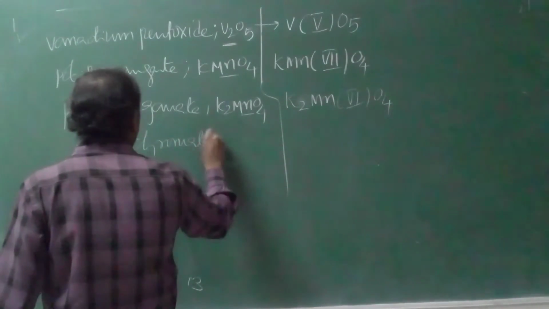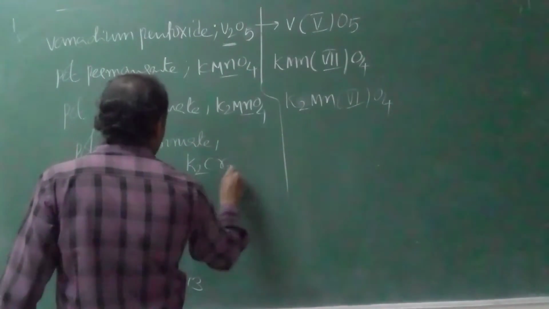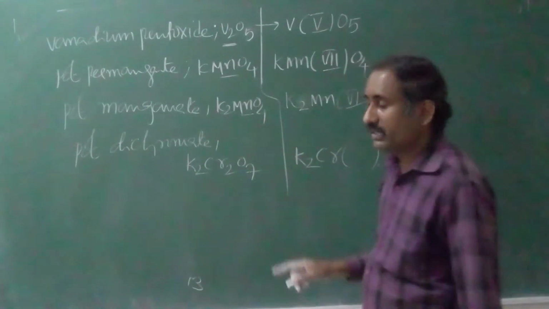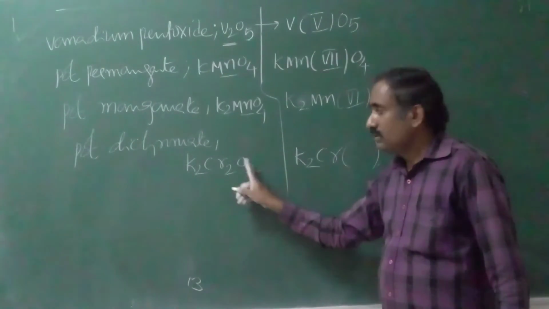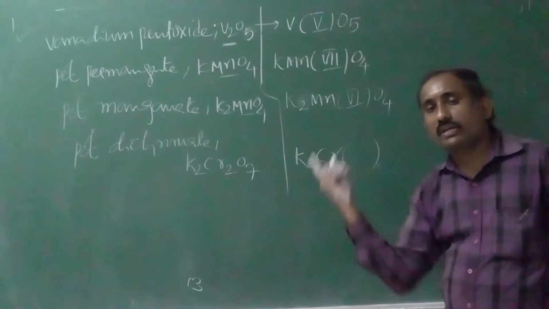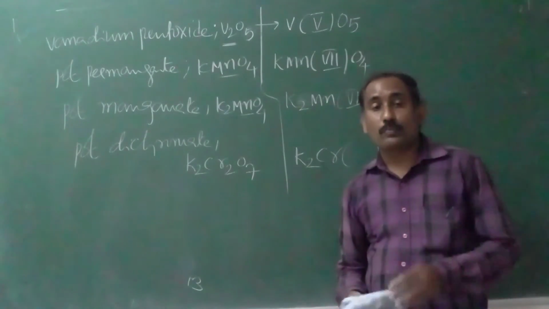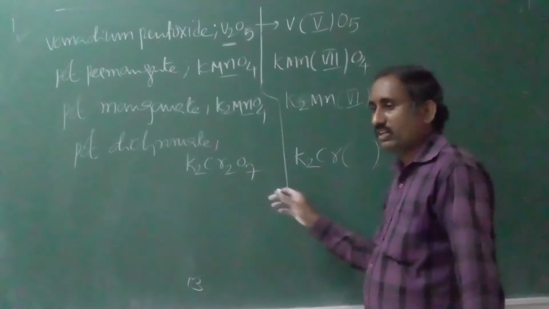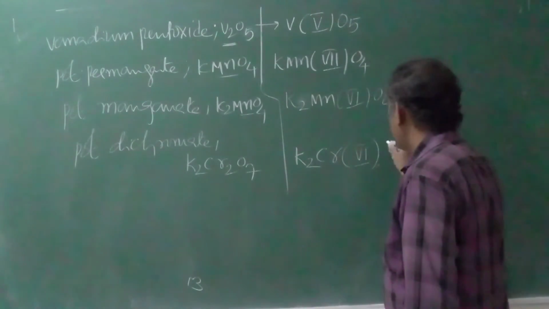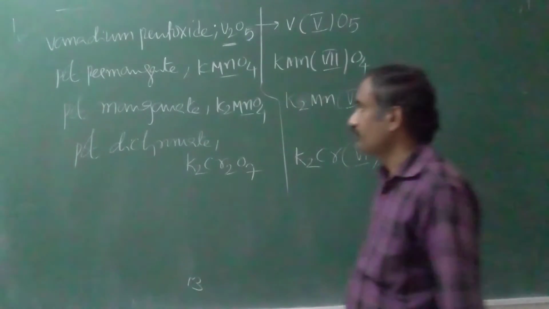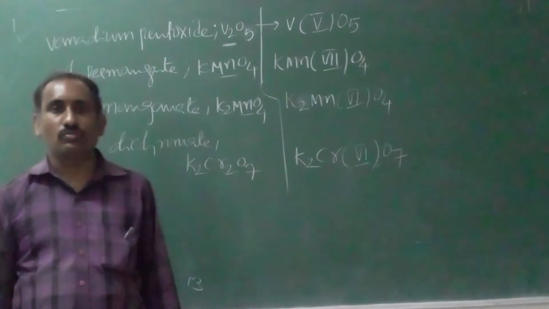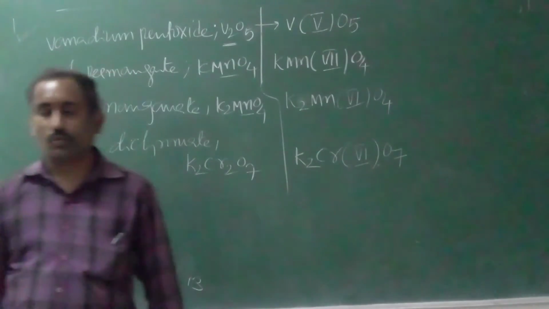Next, last one, potassium dichromate. Formula K2Cr2O7. K2Cr2, oxidation number anybody? -14 plus 2 is -12, goes to the right side as +12. But oxidation number is a property of a single atom. Oxidation number is always calculated for a single atom. 2 chromiums have +12, so 1 chromium is +6. Roman number VI. So nothing else is there. In Stock notation, we use Roman numbers for oxidation states. Only that is the difference in Stock notation.